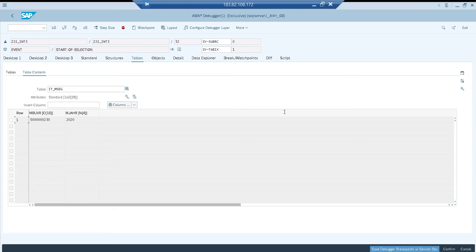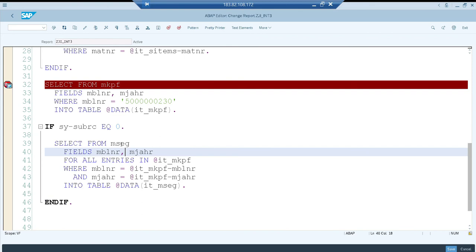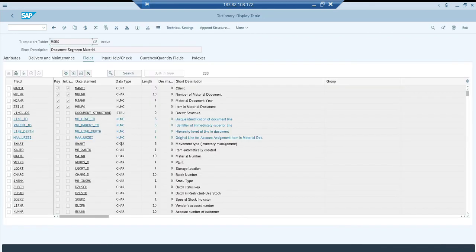For example, MKPF doesn't have the item number. So I'm not able to use it in the where condition, so at least I need to use that particular field in my select statement. For example, in the MSEG table you'll get 3 key fields: material document, year, and item. The item and material document item are not available in the MKPF table. So what I can do is use